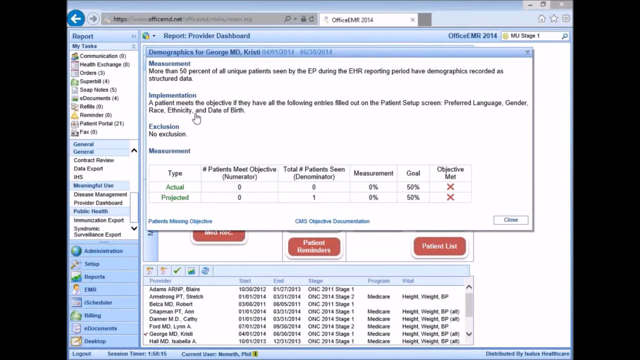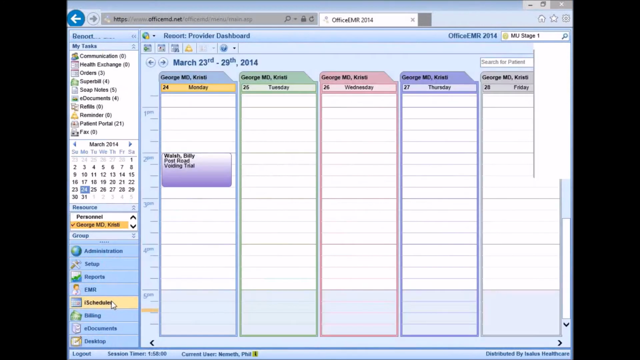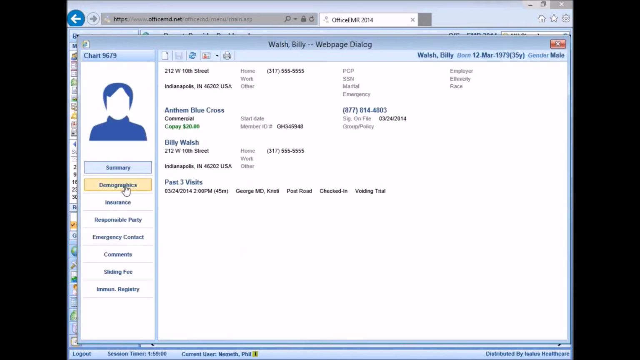capturing the patient's preferred speaking language, gender, race, ethnicity, and date of birth. Okay? So we need to make sure we're capturing those 5 pieces of demographic information in the patient setup window. And again, to quickly show you where that is I'll just hop in here to the iScheduler real quick. And if I pull up the patient setup window here for our patient, okay, and if I go down to